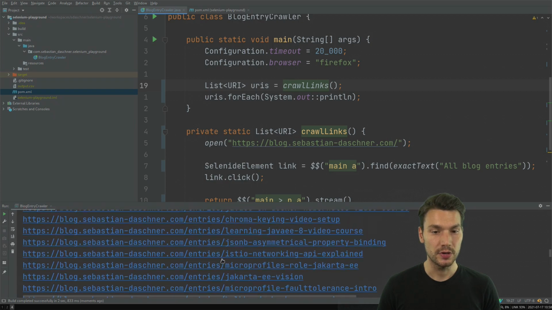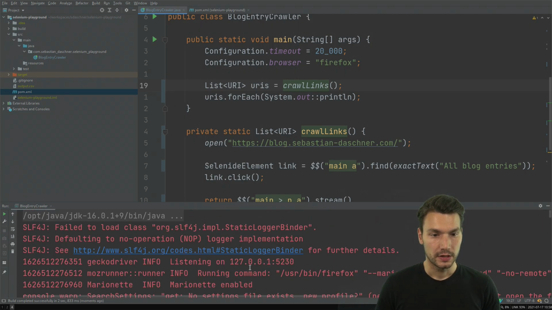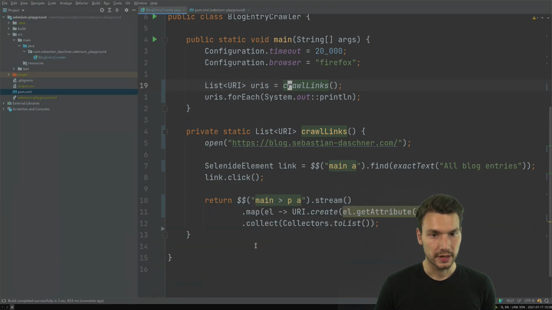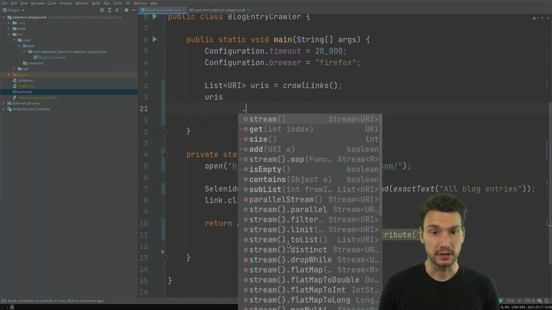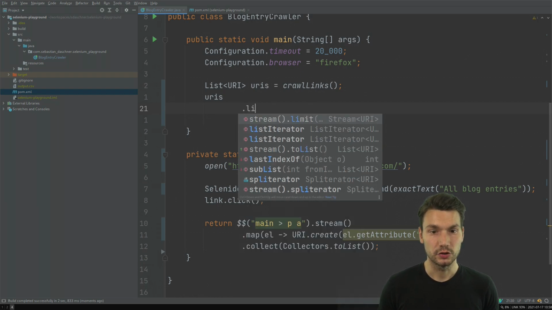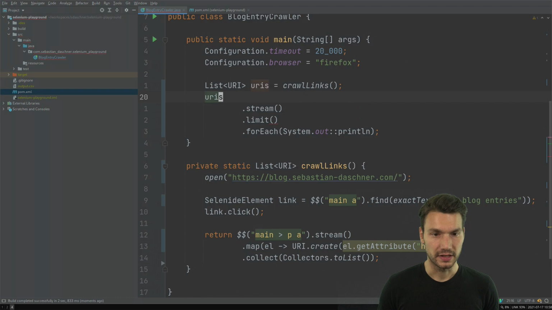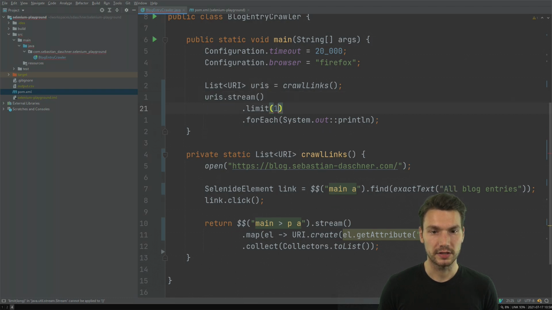And now I could go and take this further. Now what I also like to do is, as I said, do it step by step. So first of all, I don't want to always scrape all of these links. That would be too much, and I want to be a nice citizen. So let's just limit it to 1. Then I could just print this again, and then I could go and say, for example, please map